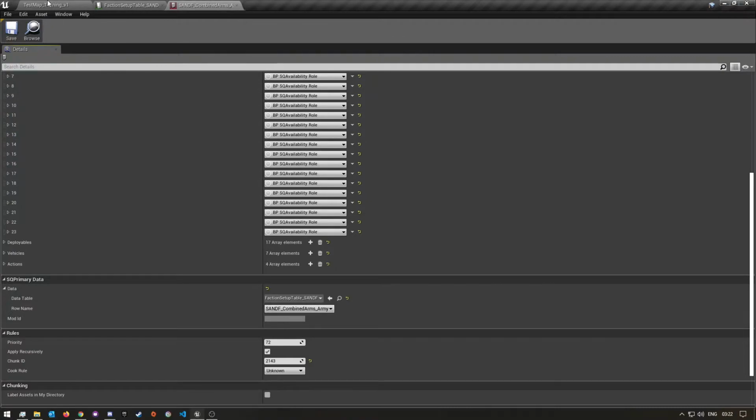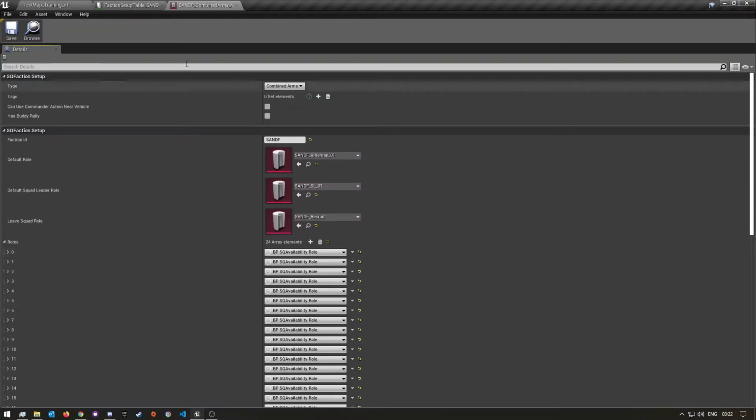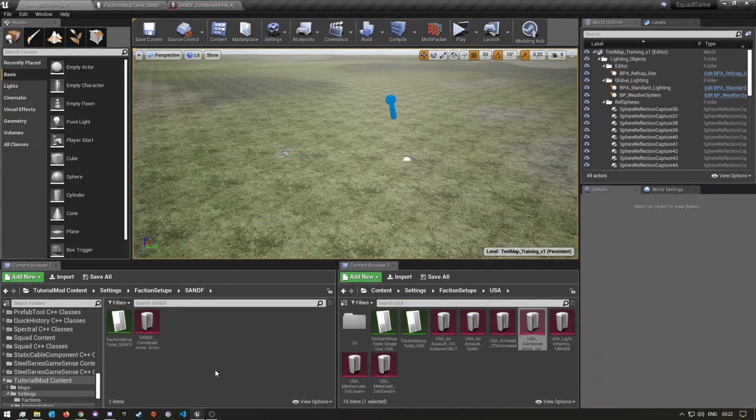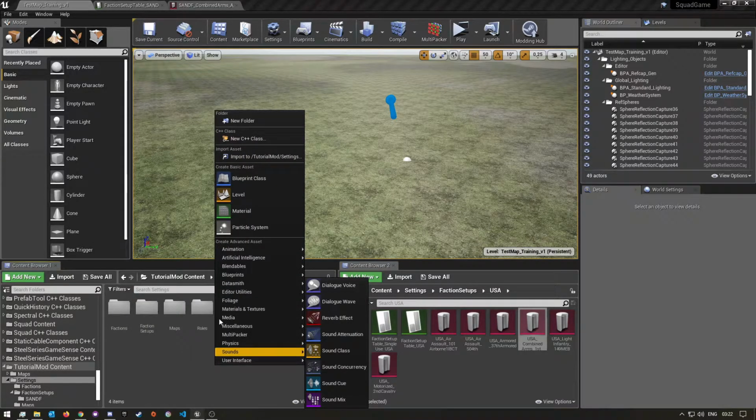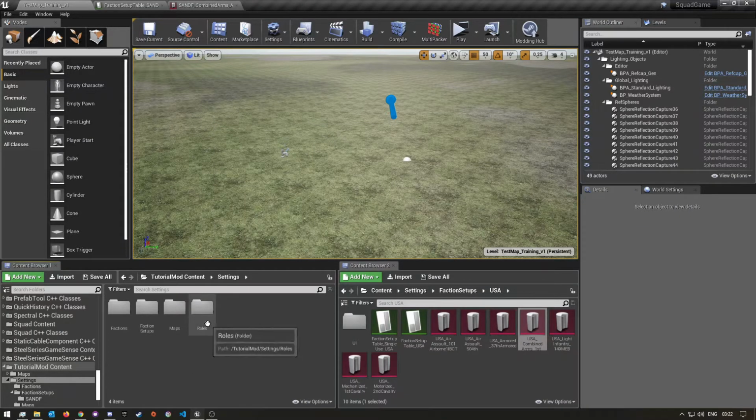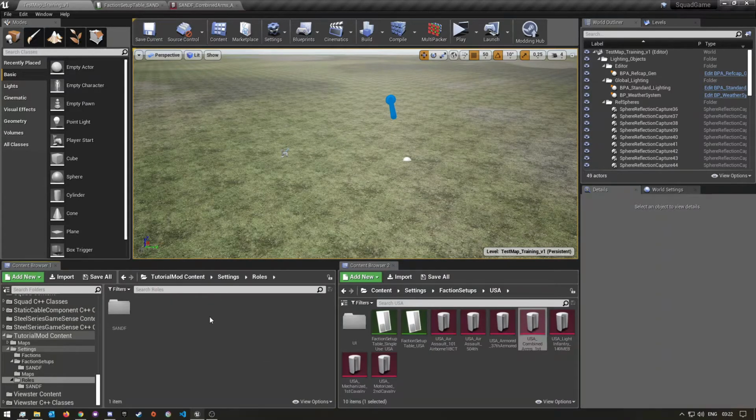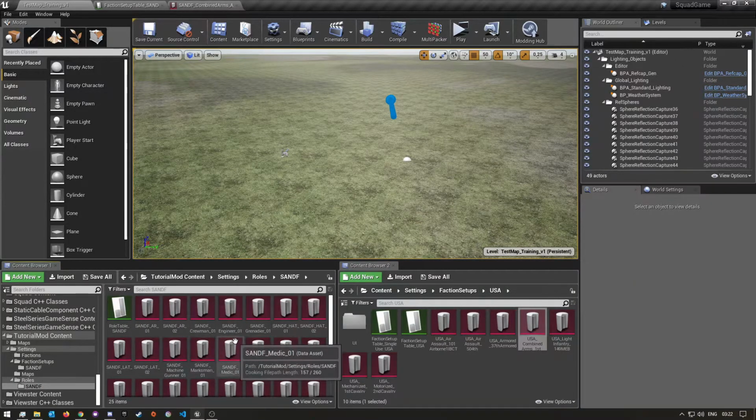So next up, we can quickly move on to the roles. So again, you want to move back to your settings folder, and then you want to make a new folder and call it roles. I already have one, so obviously I'm not going to create one. So quickly just create a new folder called roles, and then we're going to go into our roles folder. And again, you guys will see you need to make another new folder and call it your faction's name. Once you've done that, you want to open it,